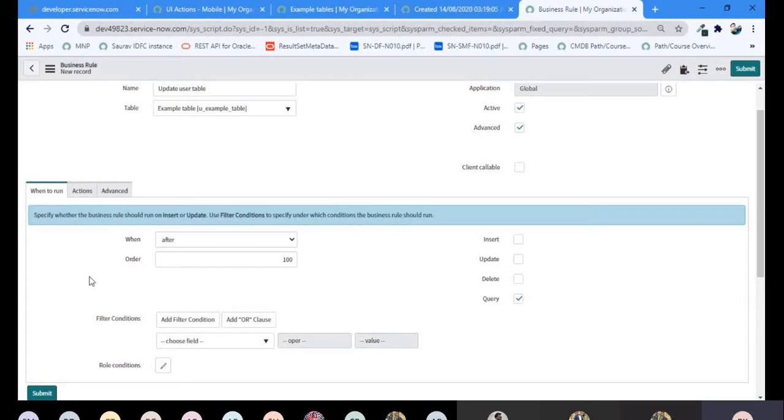For example, consider you are not on ServiceNow, you are on Facebook. You have liked a video. As soon as you like the video, you fire an async business rule, which runs a script that notifies all your friends that this person has liked this particular video. Right now you have liked the video, but you will never wait for the acknowledgement, that all of your friends have received this notification or not. Do you wait? No, right? Okay, understood. So such kinds of things we will run in the async business rule.